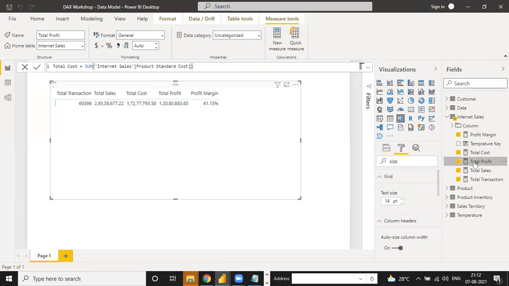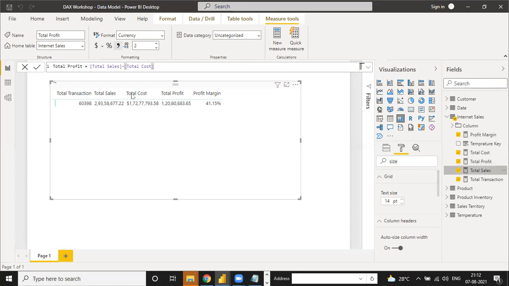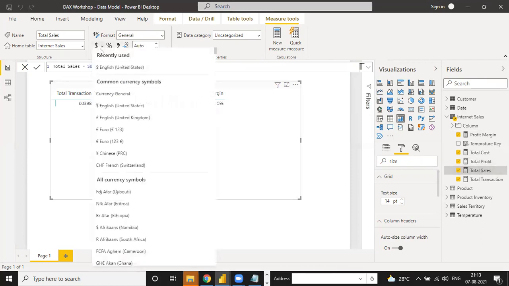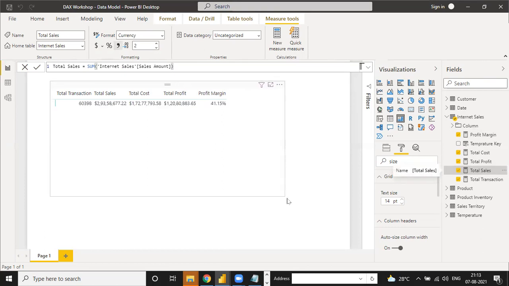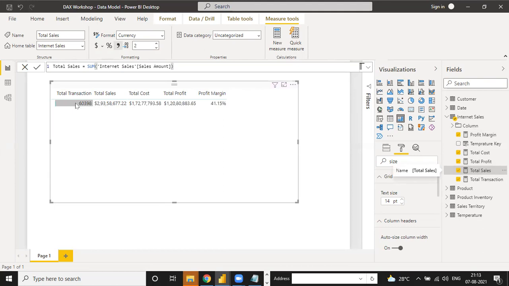For total profit and total sales, we use the same. Now see, our table is ready. The total number of transactions is 60,398, meaning the total sales transactions in the fact table. The total sales amount is $2,093 lakhs. Then total cost, total profit, and profit margin.